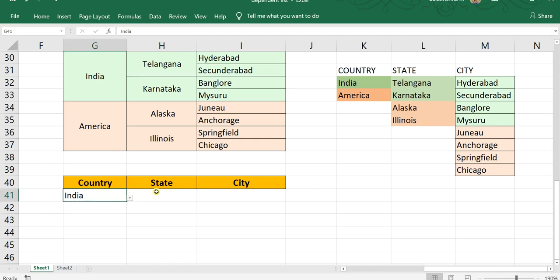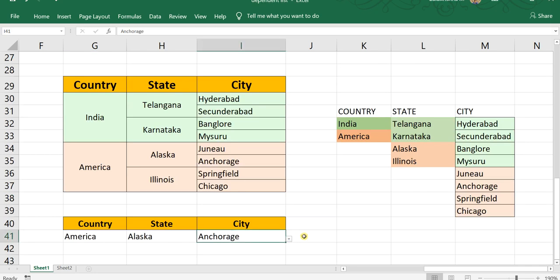First select the country. Let me select India only. And in India we have two states, Telangana and Karnataka. Telangana, and in city in Telangana we have Hyderabad and Secunderabad. Similarly, you can check for America also. America, two states, Alaska, and two cities. Right? In this way, you can create n number of dependent drop-down lists. Hope you understand